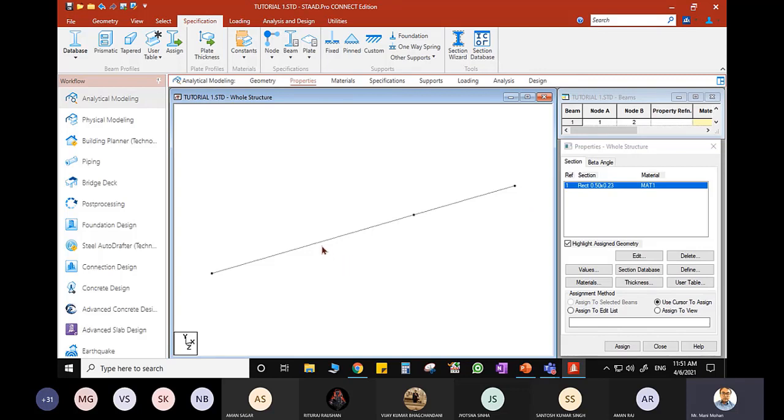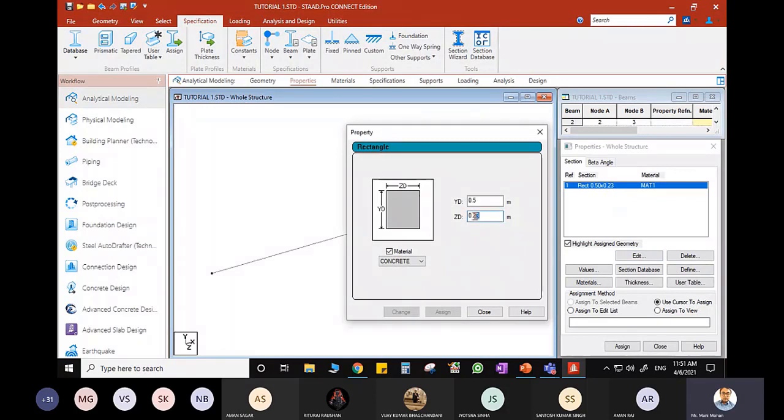So here I can identify there are two elements. Here is one beam element and here is another beam element. Both beam elements have a rectangular section of 0.5 by 0.5. Here I have made a mistake, 0.5 into 0.23. So I can definitely edit it. You highlight this, click edit, so you can make these changes. But whenever you are making the change, make sure again it is selected as mat1 and make this change.